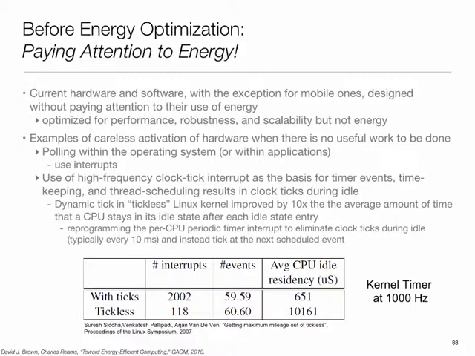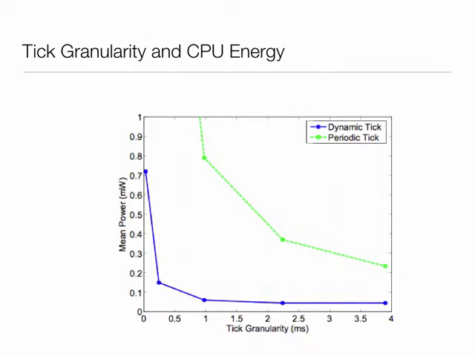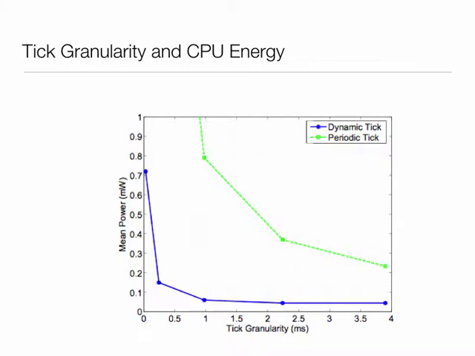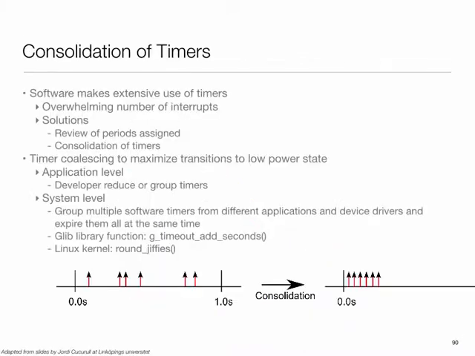So that's an example. This is how tick granularity affects power. Another thing which is done is the following. Usually in our systems, a lot of processes schedule timer requests. Let's say sleep for 1 second, sleep for so many seconds, and so on. So what ends up happening is that every time someone says sleep for 1